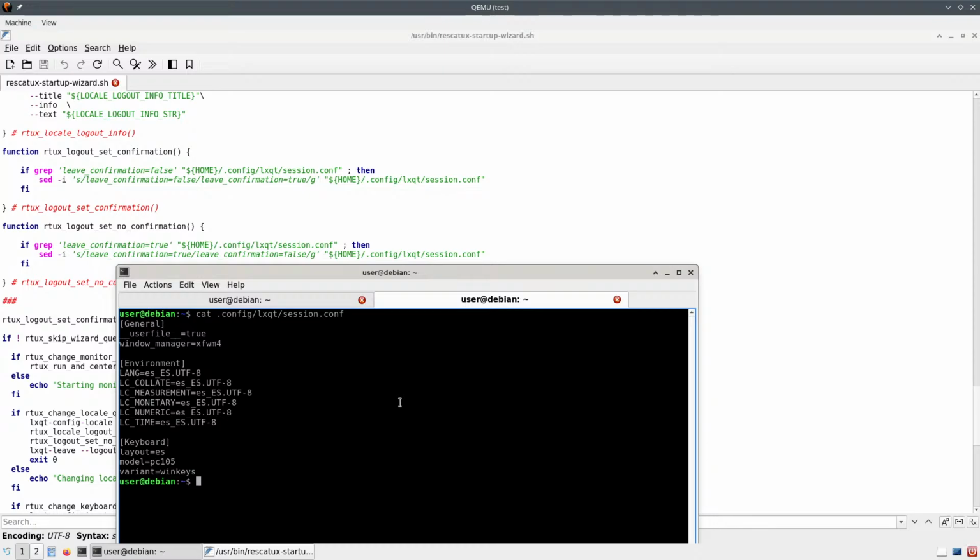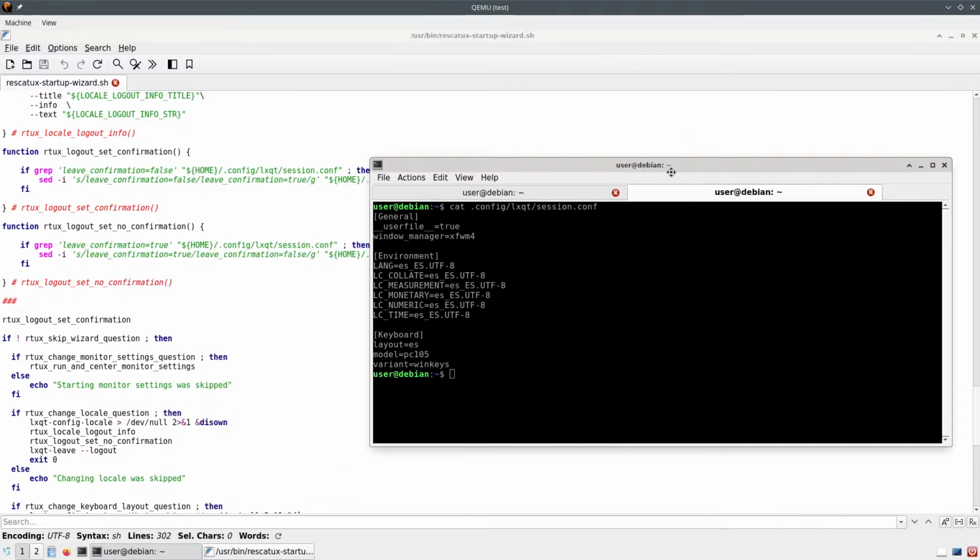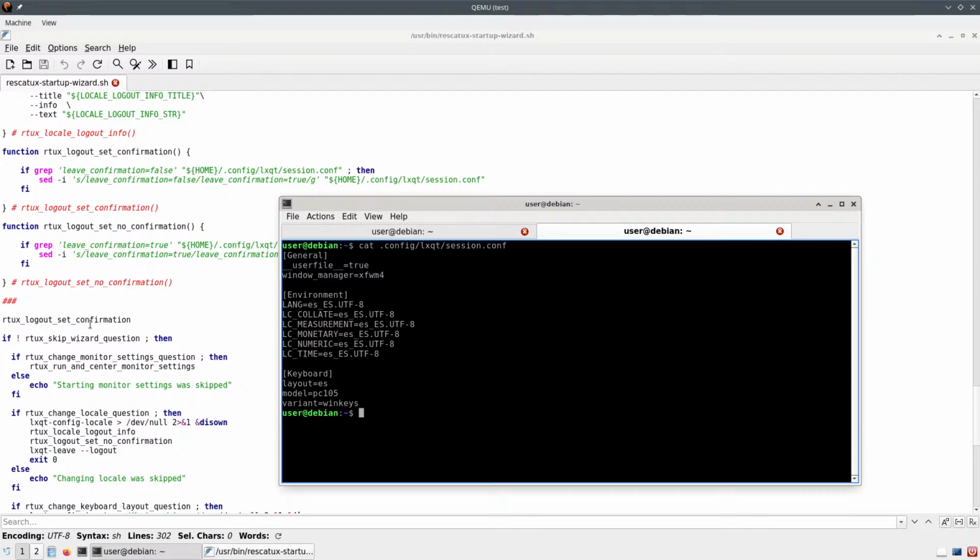So if it's true, then you add it. But if you don't find any of it, you should add it, so that so here we have the confirmation. So set confirmation, it's set to false,